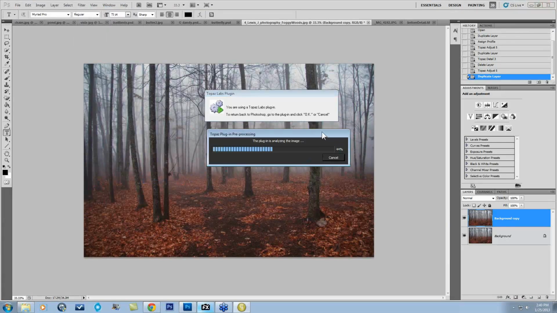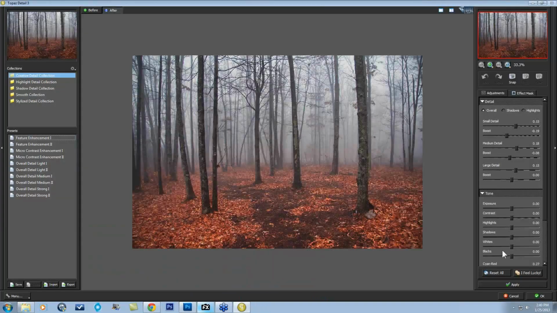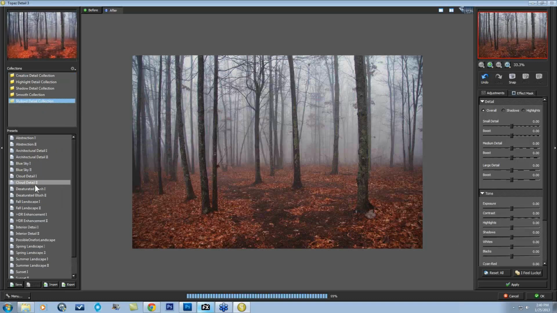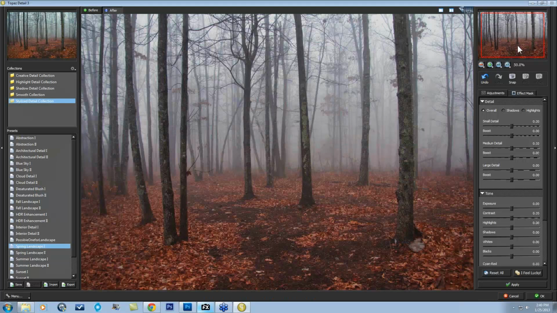So now I've just warmed up the image a little bit within Adjust using that Autumn preset, and now coming in here, I can come down to Reset All and play around here just a little bit. I'm not sure if I actually went into a preset to get my enhancement there, but you can just come in and start playing around and see what happens within these presets. But I'm going to go over here to the right, say Reset All, and just work with this separately. I'll go up to about 50%